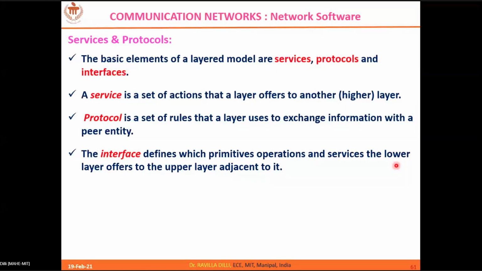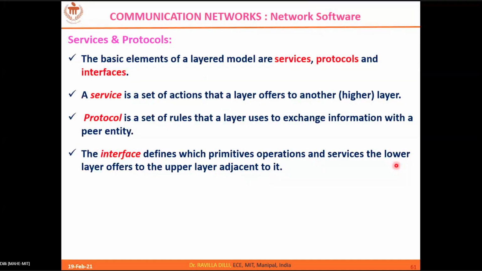A protocol is a set of rules that a particular layer follows in order to communicate with a peer entity. That's important. An entity can be a layer or the entire host itself. Now coming to service: a service is a set of actions that a particular layer offers to its immediate higher layer.